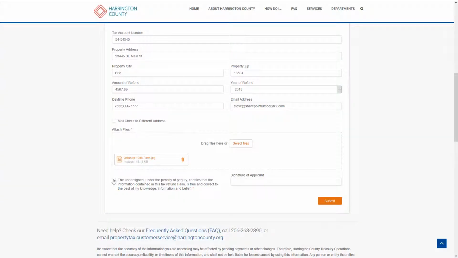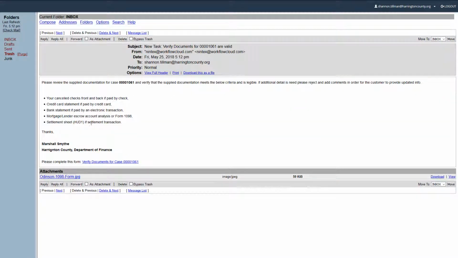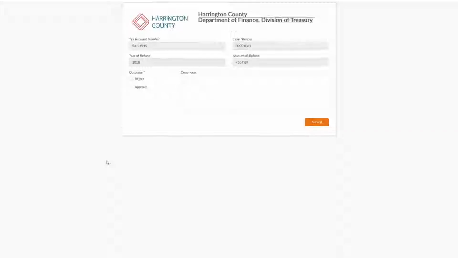Here on the Harrington County website, a user, Chris, can fill out the tax credit rebate form. Once submitted, Chris receives an email confirming his submission. The request has been routed to Shannon Tillman at Harrington County to review. Shannon notices that Chris failed to include a valid form of ID, so she routes it back to him to